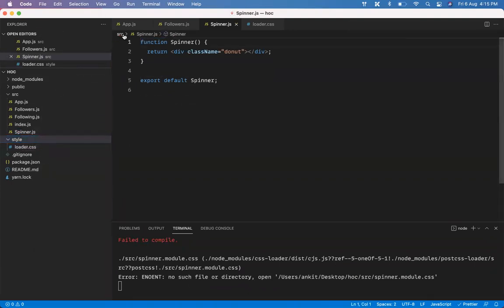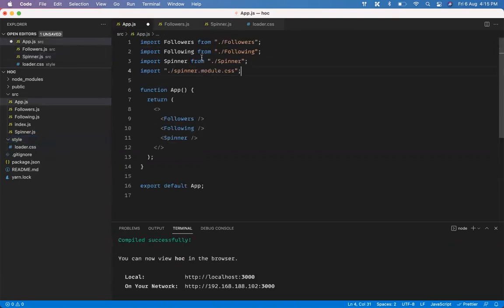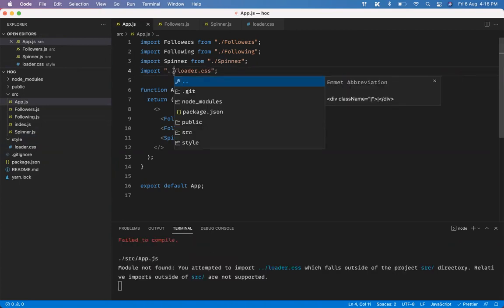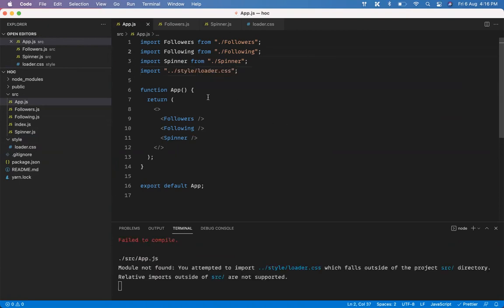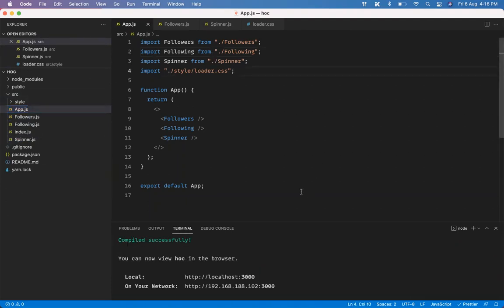Yeah. So rather than importing it here, I can just import it here also, no problem. But just that, it is called loader.css, and I'll have to get it by going outside and into style. So you can do it like this. The difference between them is that this one goes outside, style, loader.css. Okay, import outside is not allowed. Let's move it in. So do it like this. Yeah, so now we have a spinner and things are okay.